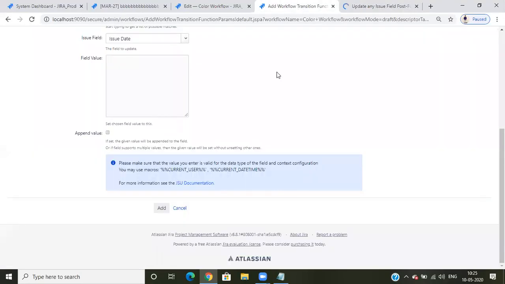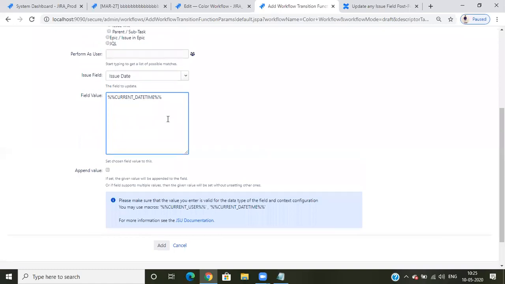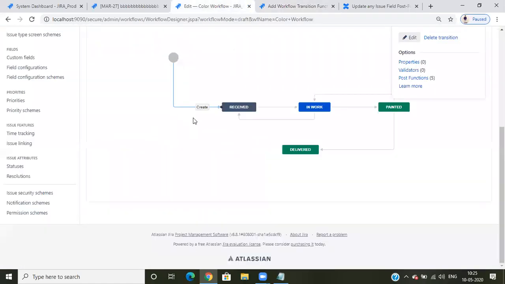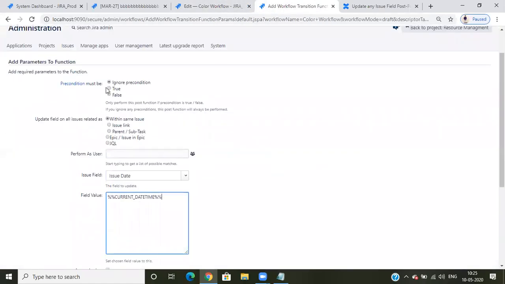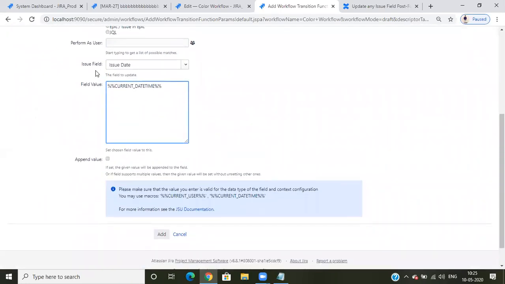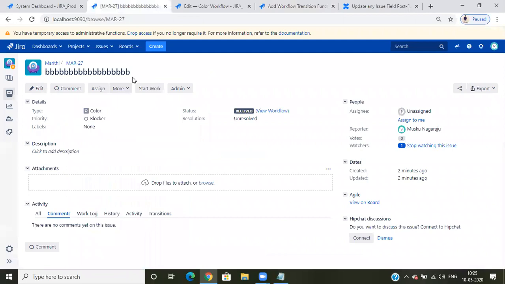And here, suppose we have current date. If I write this, this will be captured automatically with my current date. So when the issue has been created, I added a post function within the same issue, issue field, issue date, and value is current date. Okay, just remember field is the field name.